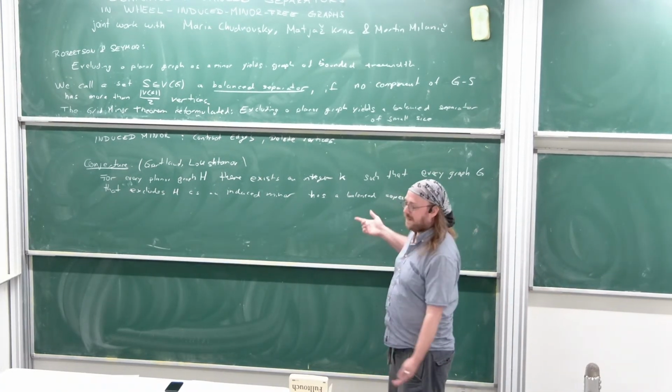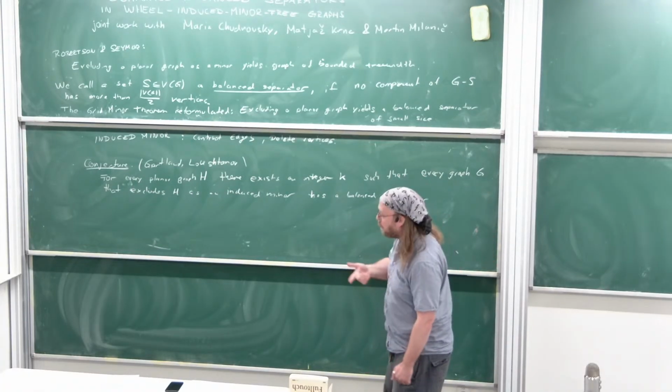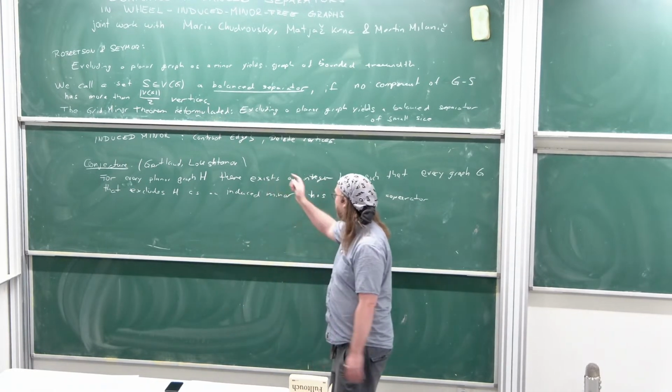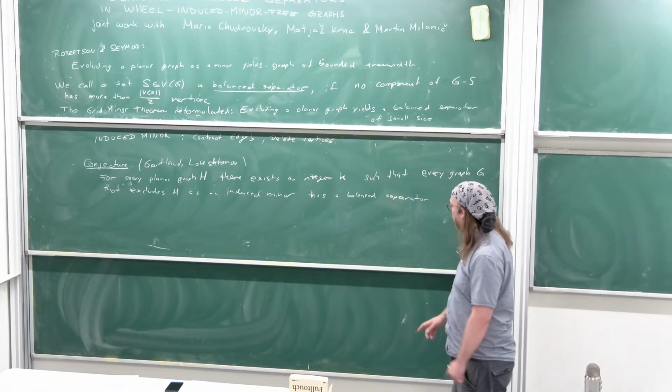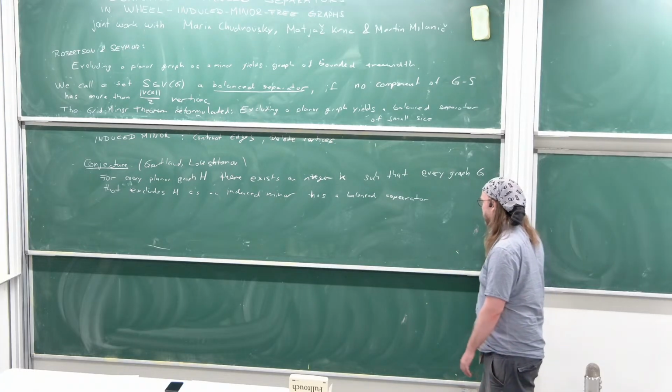So none, no planar graph other than K4 and K5 could work, and we know that, of course, complete graphs have arbitrarily large tree width. So